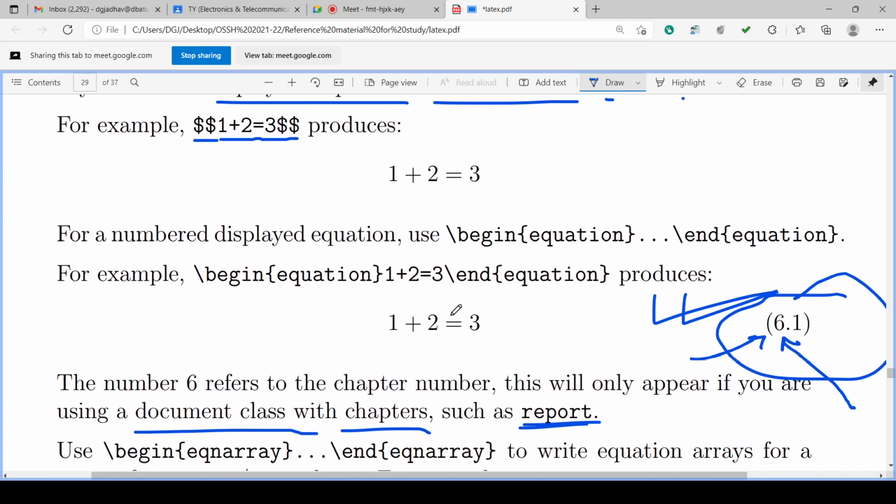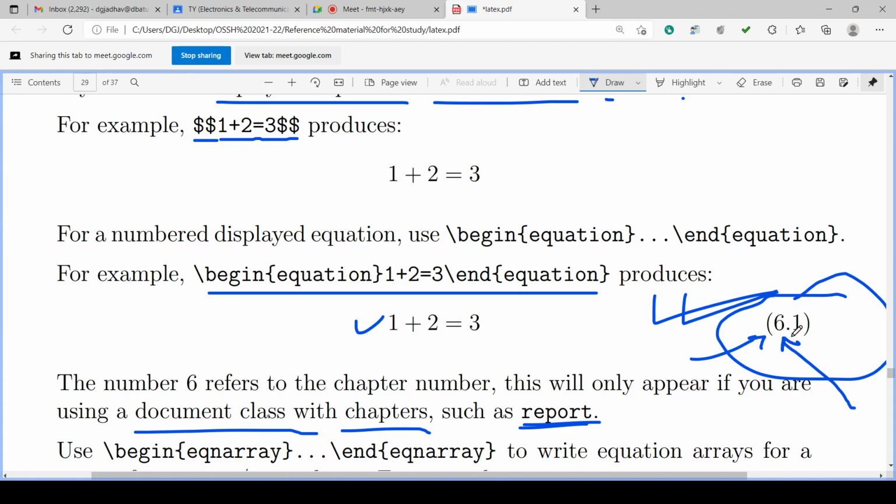So on a separate line, if you require the numbered equation, then for numbered displayed equations, use the backslash begin equation, backslash end equation, and in between the equation. For example, backslash begin equation 1 plus 2 equal to 3, backslash end equation. So begin equation, end equation is used, then that will create the equation on a new line, and it will give